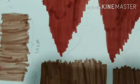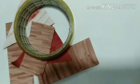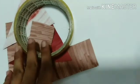So I colored it, guys. Now I'm gonna cut it in 3 seconds. 3, 2, 1, go. Wait. So guys, I'm finished, and this is